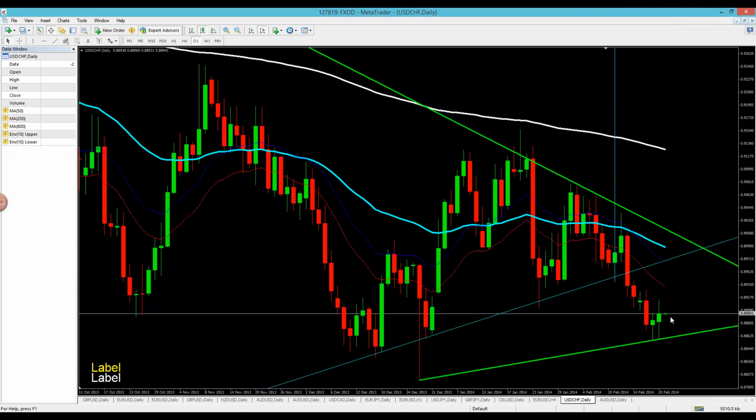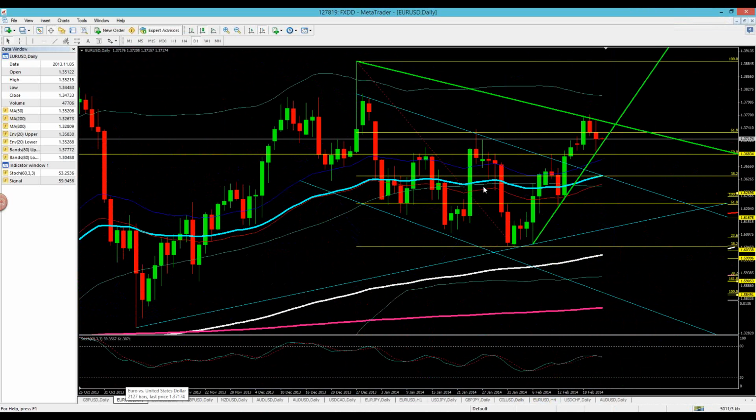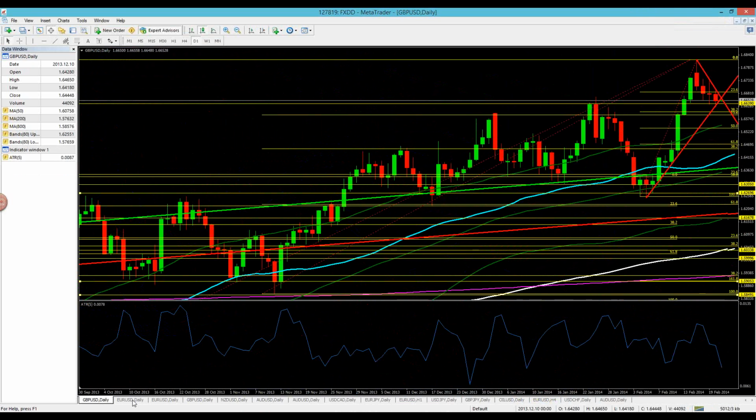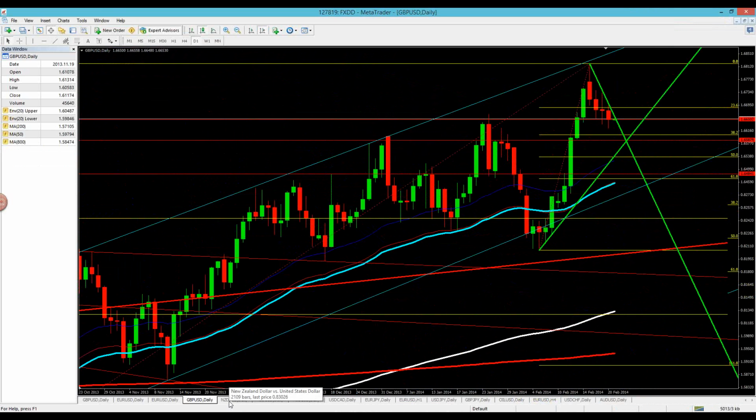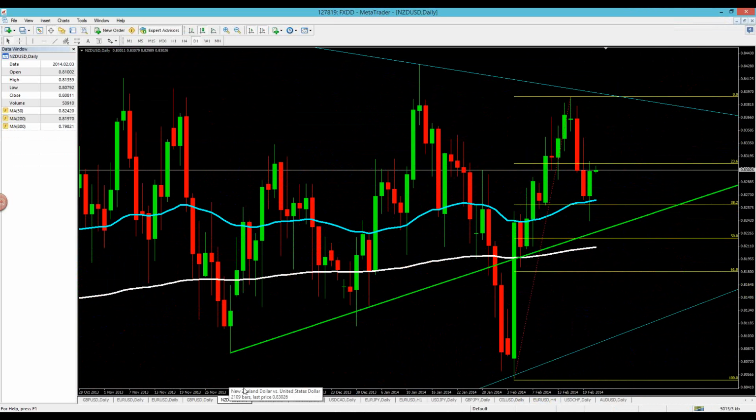So to recap, Euro dollar, not so much. I'm not calling that. Pound dollar, I'm also not sure about that. Not really solid as far as the bias is concerned, although these both can go to the sell side, so you can watch for that. And if you're committed to taking a trade on the euro or the pound, look for a possible sell opportunity as we get into probably the European and New York session is where I would really look for it.